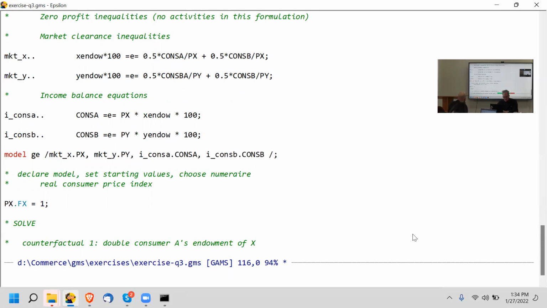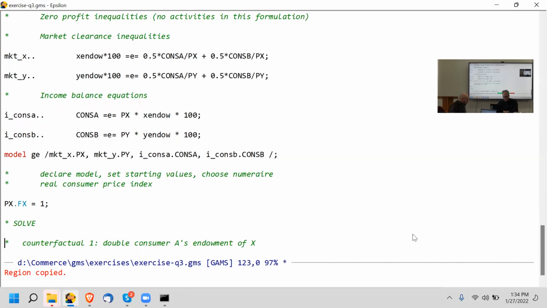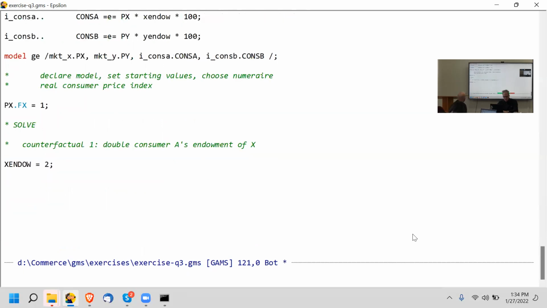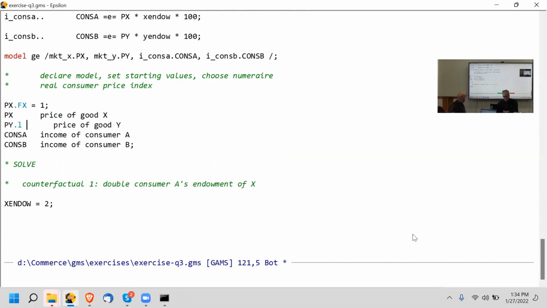Now we have to assign some values. I think you also have a typo in your market Y, just so you can catch it now. Your first cons is cons S, cons BA, you see? Yeah. Okay, good. So here we have to get some variables assigned. Turn it down here and say. One,